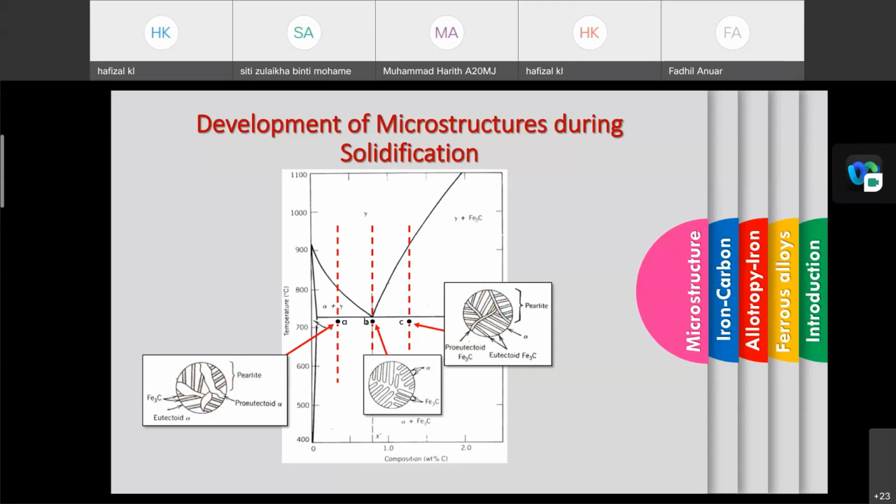The process is slightly different compared to the phase diagram in the previous chapter, which was lead and tin. We can see it is slightly different. In terms of composition, the microstructure is the same but the composition inside is different.